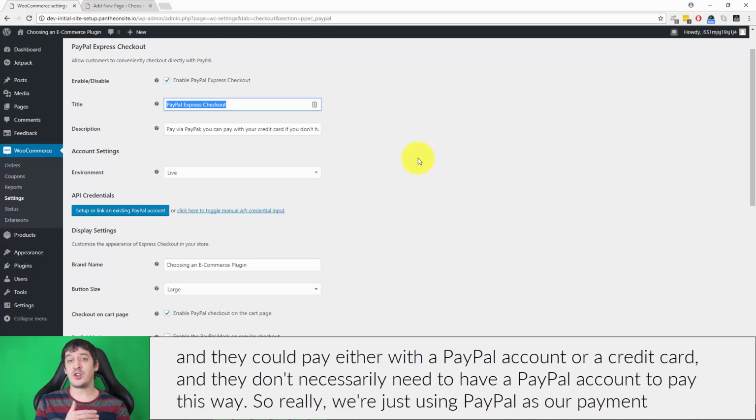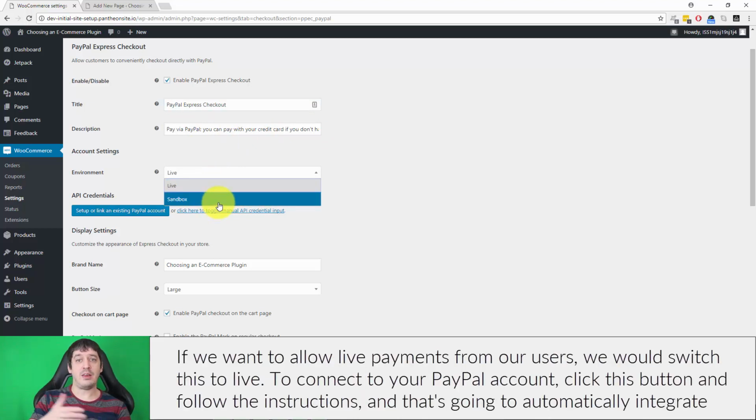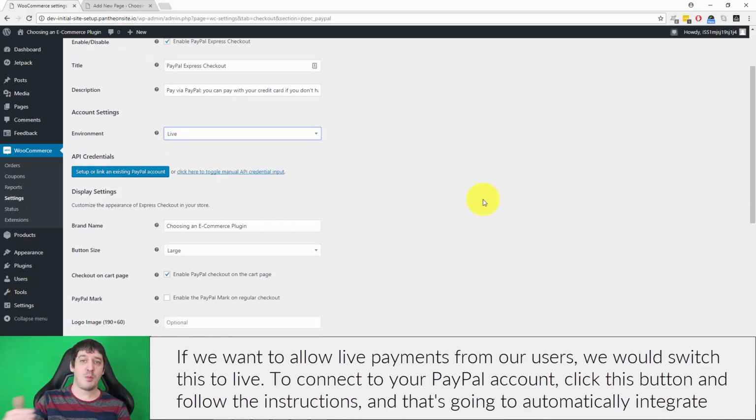So really, we're just using PayPal as our payment processor. So we add in a title, we can add in a description. There's live and sandbox, so if we want to test payments on our site, we can switch this to sandbox. If we want to allow live payments from our users, we would switch this to live. To connect to your PayPal account, click this button and follow the instructions, and that's going to automatically integrate with